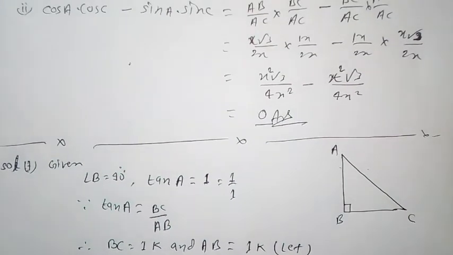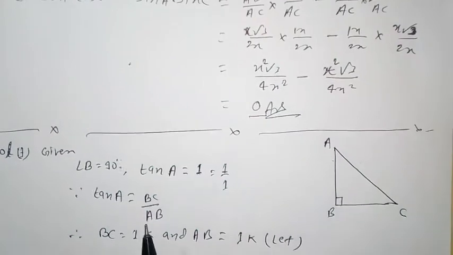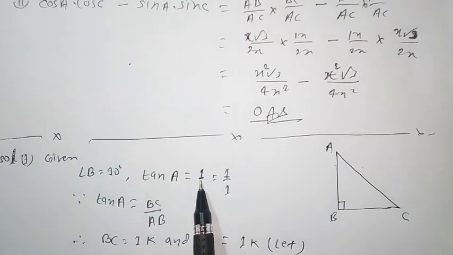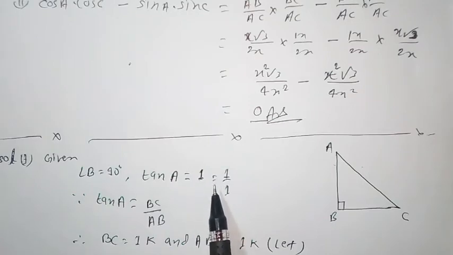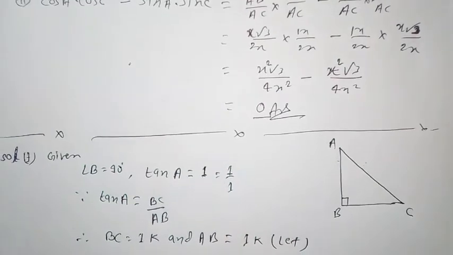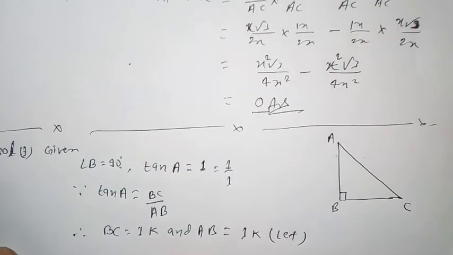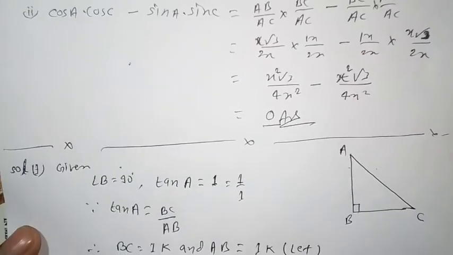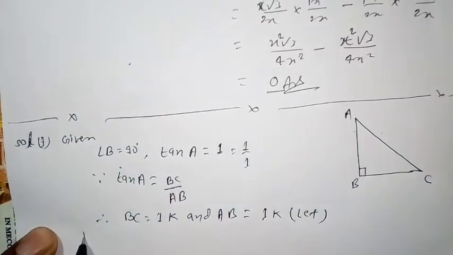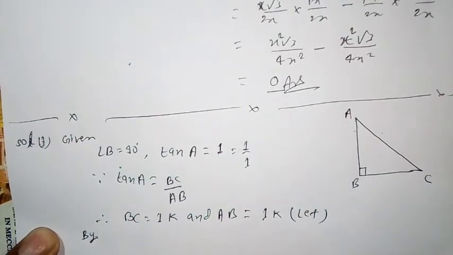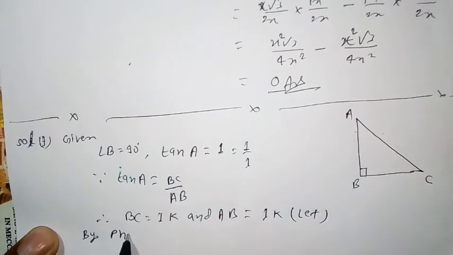I let BC be equal to 1K because I don't know which number it is. Also I can write 1 as 3 by 3, and then multiplying 3 by 3 I get 1. So I don't know which number this is. Okay, now by Pythagoras theorem,